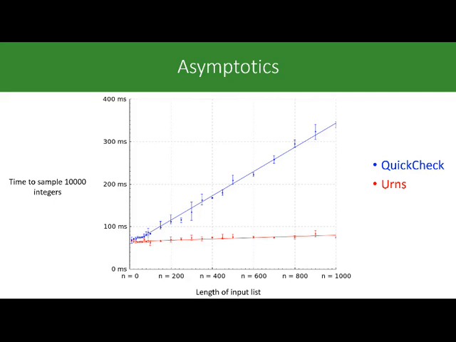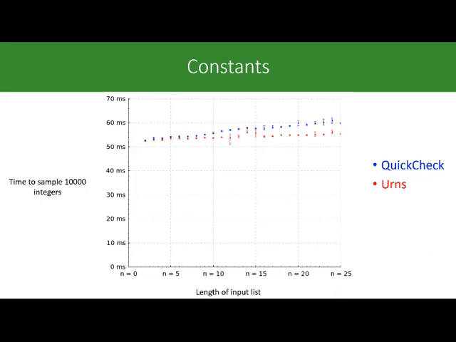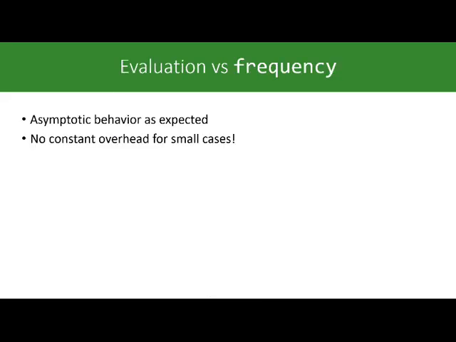But what we're really interested in is, what's the running time, what's the constant factor, what's the constant overhead of this logarithmic process I had described? And if you zoom in on that left part, so now we only look at lists between 0 and 25, you can see that even in very small lists, urns have practically no constant overhead. And in fact, starting from lists of length 10 or so, we actually start seeing small gains. So to sum up, the asymptotic behavior is, as expected, better, but there's no constant overhead for sampling even in small cases. And this is for the static case, which we didn't design it for this case. We designed it for the updatable case. Now,